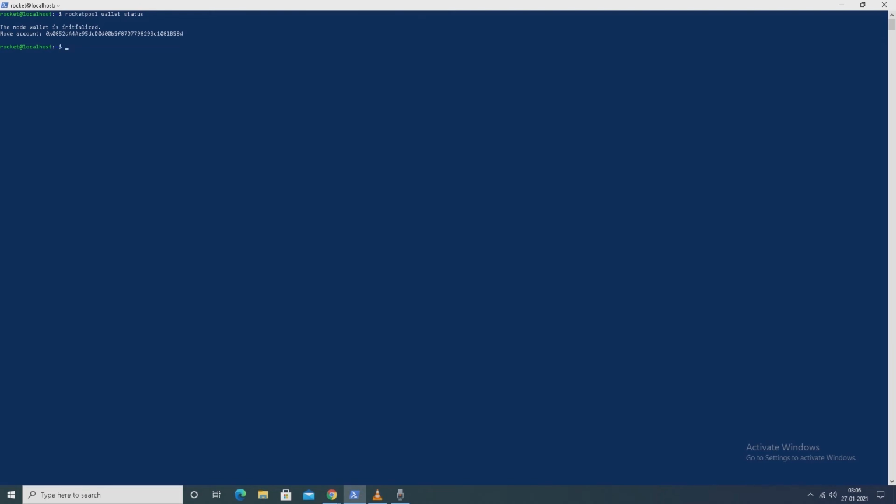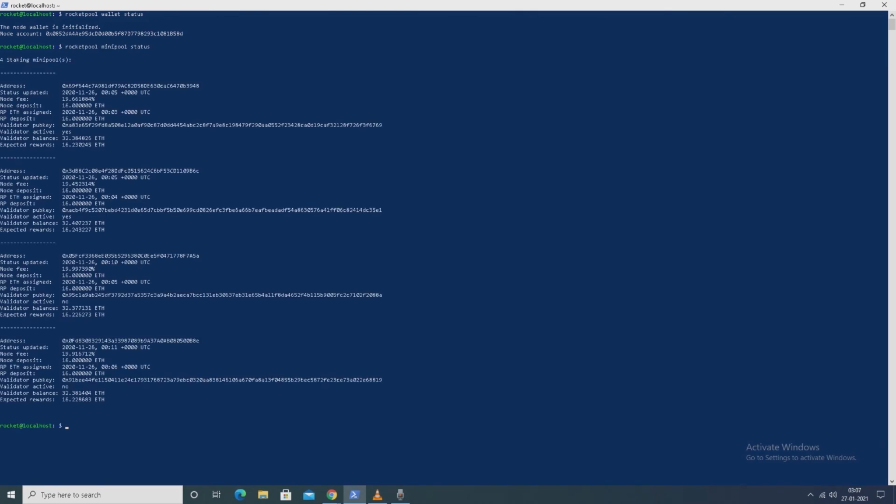Let's check two more: Rocket Pool node status and minipool status. Minipool status is showing two validators are not active, and node status is still showing 4 staking. Okay, it may take time.